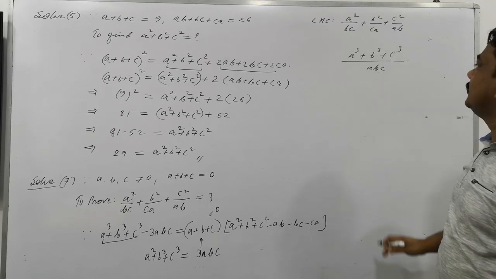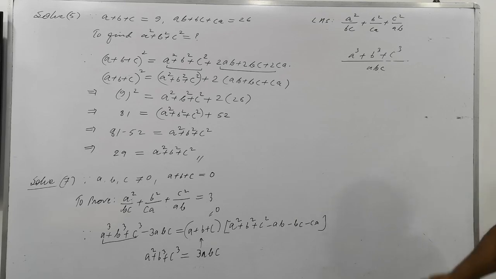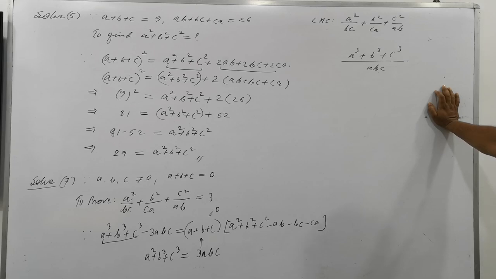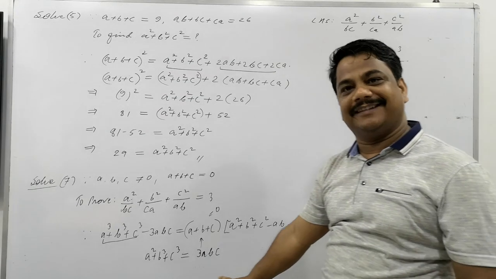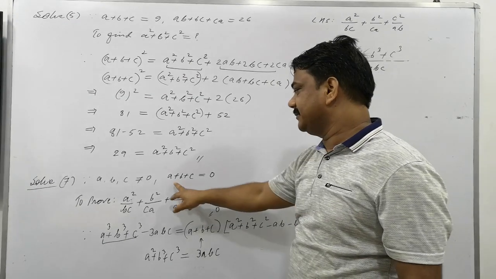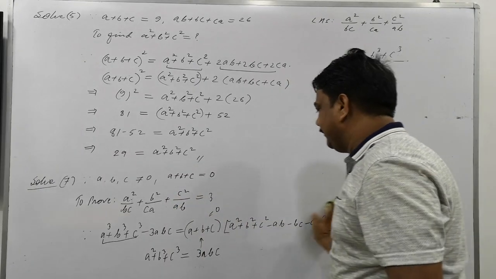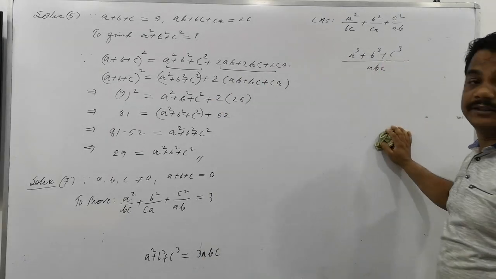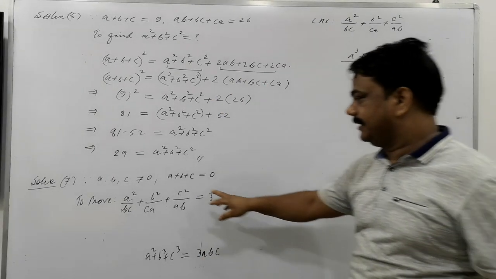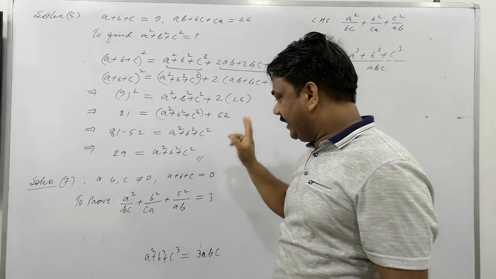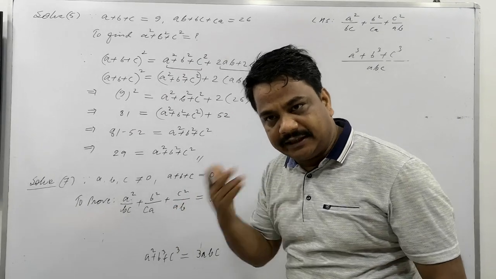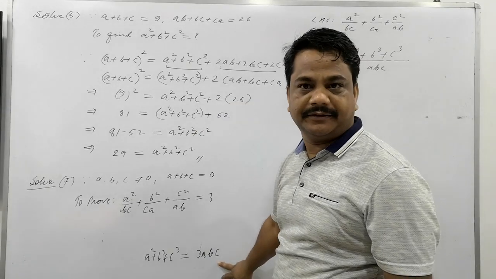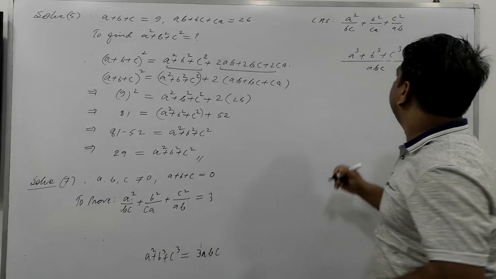Is that clear now? So the situation now arises here. Okay. Now what can we do further here? One can think of this ready-made identity. But if I do not write this identity, then one cannot think what is to be written here in the next situation. So this is giving you a hint. A plus B plus C. If A plus B plus C is 0, if the sum of three quantities together is 0, then this link between them always comes into use.